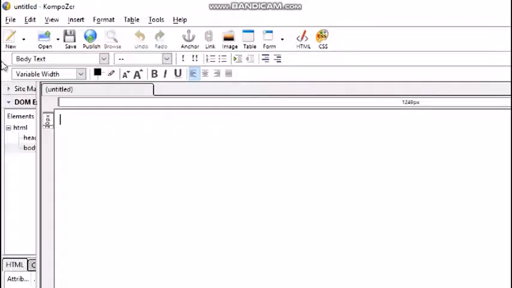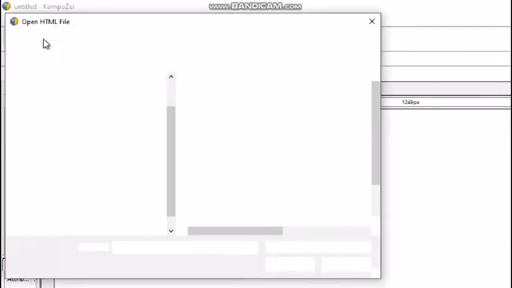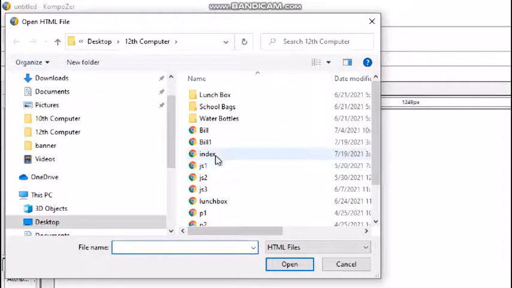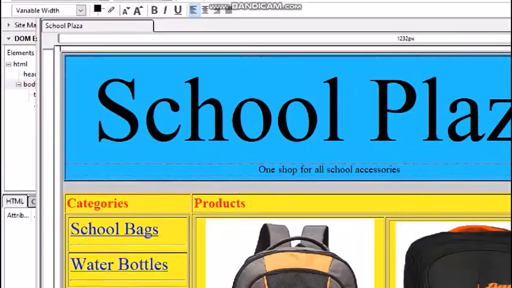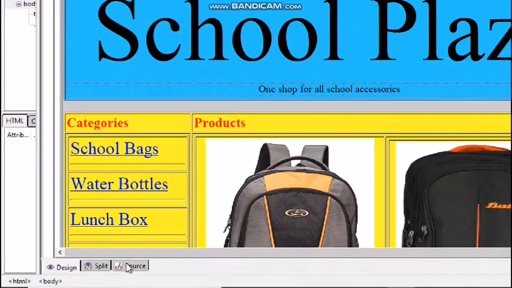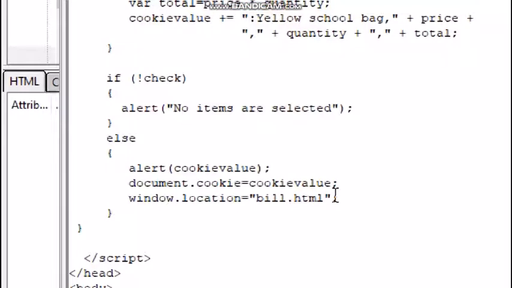Now let us open the JavaScript which we had typed in our third video, that is index.html. Open it in the source tab. Now let us add two more lines in this JavaScript.